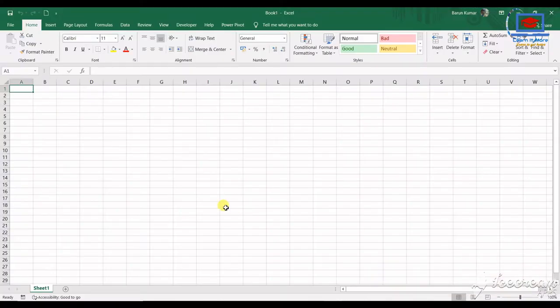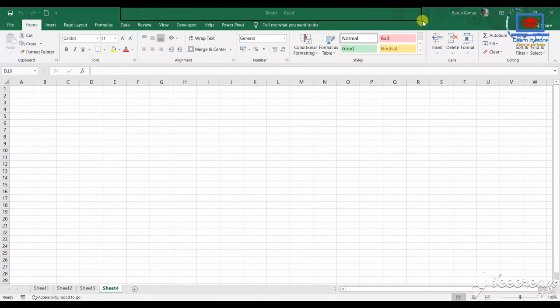A workbook consists of multiple worksheets. So this is known as a sheet. If you see here, the name is Sheet1. So there can be multiple worksheets. If we click on this plus button, it will add new sheets. If we compare an Excel workbook with a notebook, then we can say that the Excel workbook is the notebook and these sheets are the pages in the notebook.